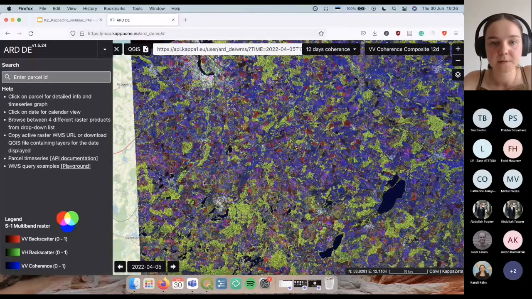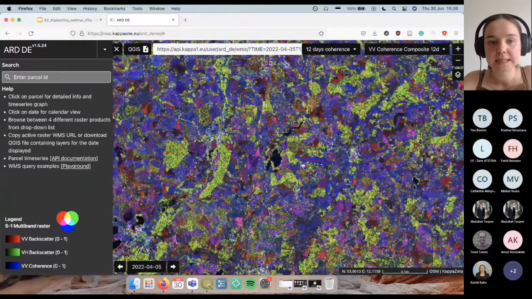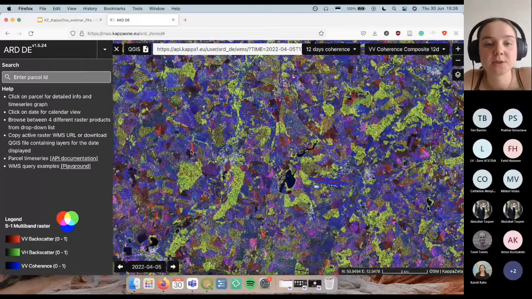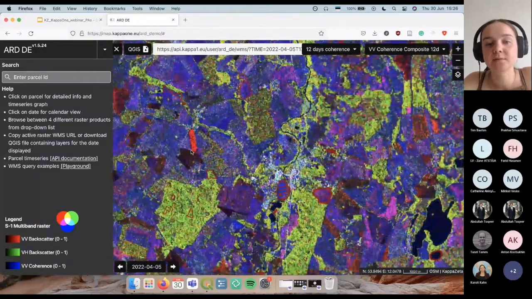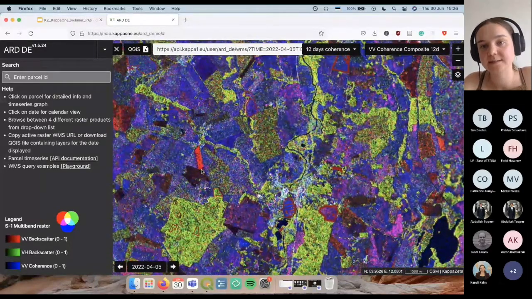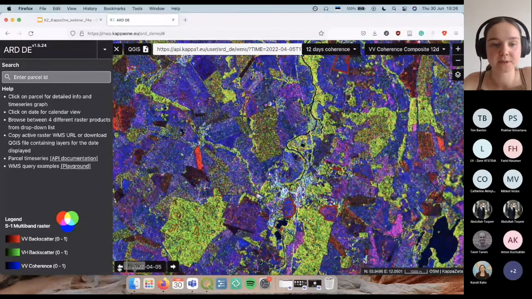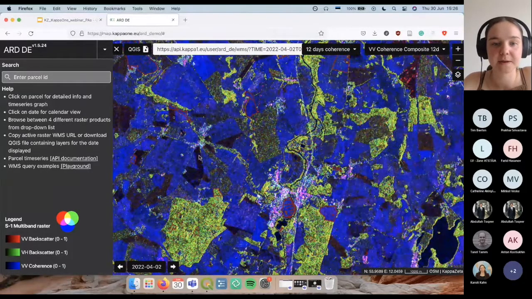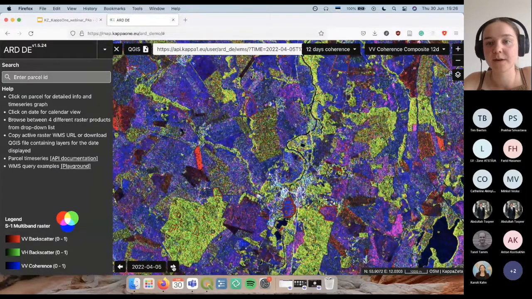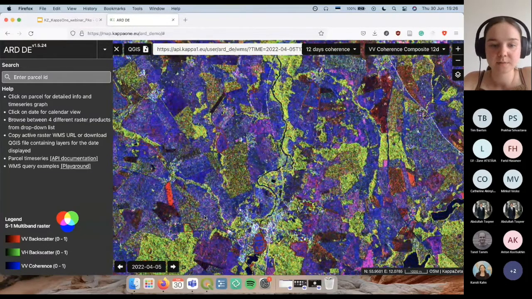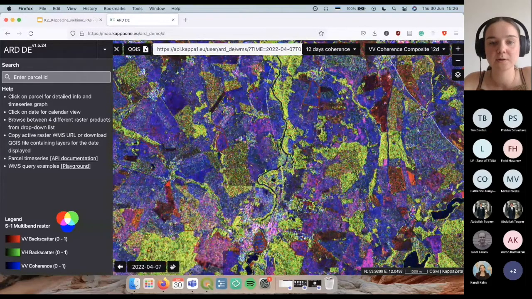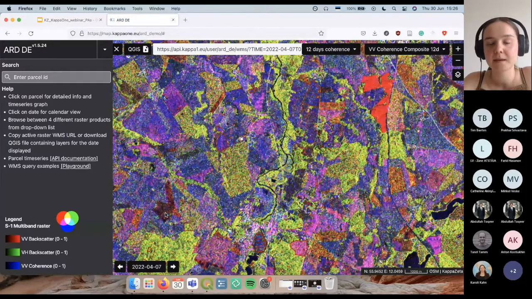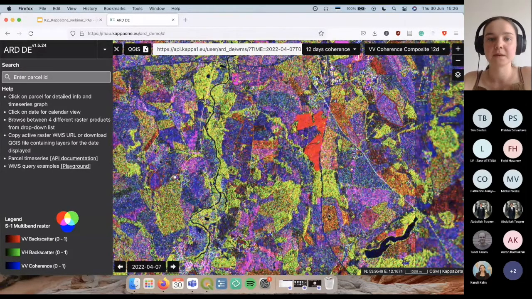But yes, on this composite image, the really bright red color usually indicates that ploughing has happened just recently. If we go one image back, it's just bare land, but after ploughing, the soil has been turned and we can see really bright red. And if we go on, it fades away, and the red eventually becomes more pink, and pink means that